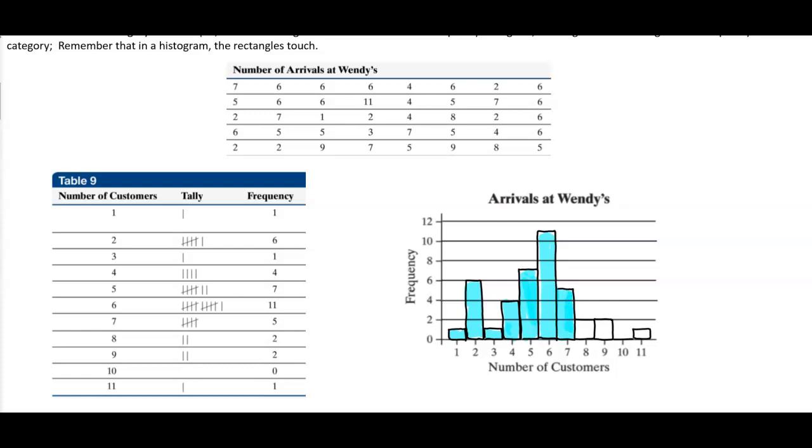Now, a bar graph is where the rectangles do not touch. So this, again, is considered your histogram for the arrival of Wendy's. Now, again, this is called a frequency histogram because we use the frequencies to get that